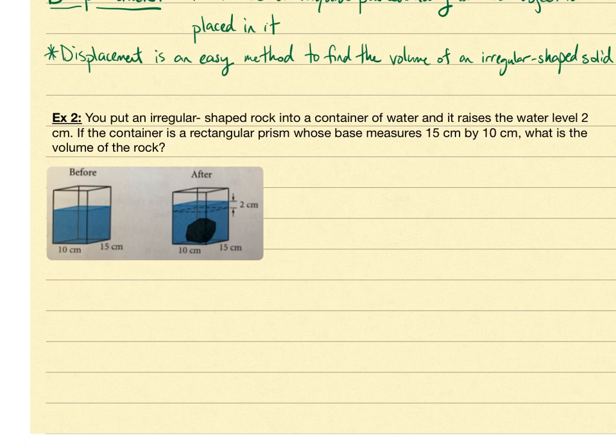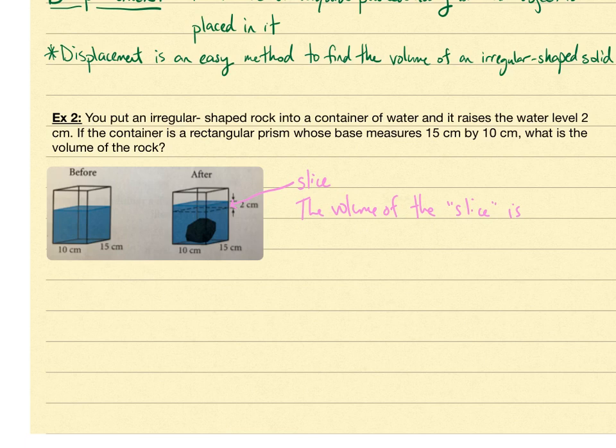And in the after picture, you can see there's this slice, so to speak, this rectangular slice that is 2 centimeters high, that it's been displaced. So we want to figure out the volume of that slice, because that's going to be the volume of the rock. So the volume of this slice